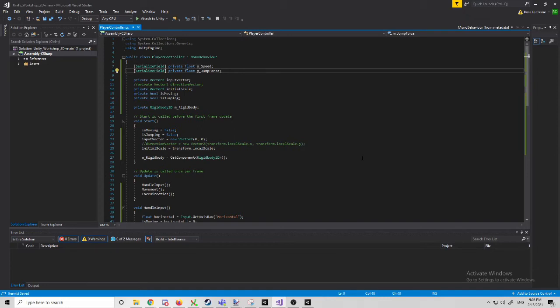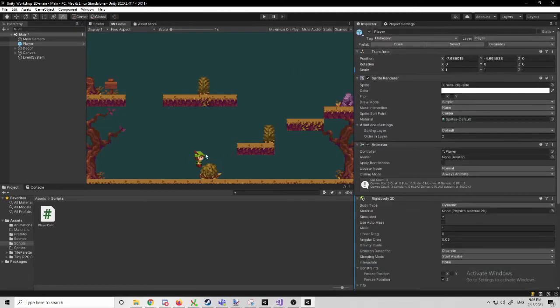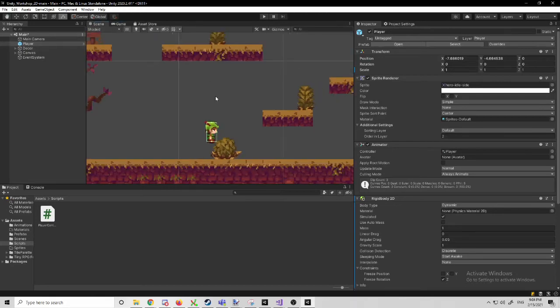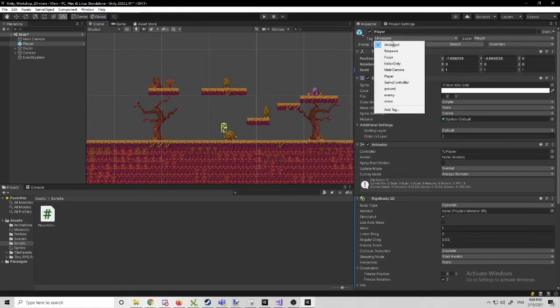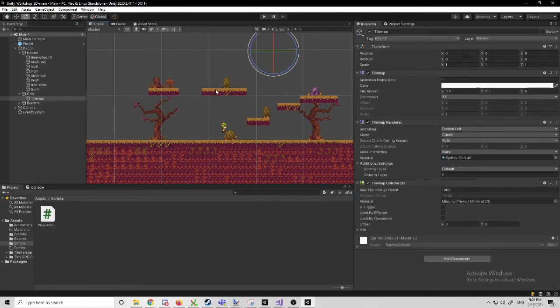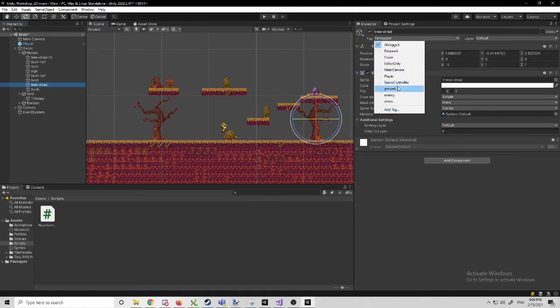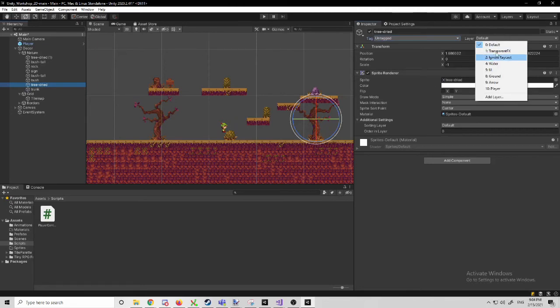To do that, we are going to use the layers, the layer attributes of the game. Layers basically define, especially in 2D games, different parts, different objects. There are tags here that define, you could select an object and tag it whatever you want. If, for example, you want a certain object to have its own behavior controlled by the tag that it has. But there's also the layer, which is quite similar, but layer allows you to use